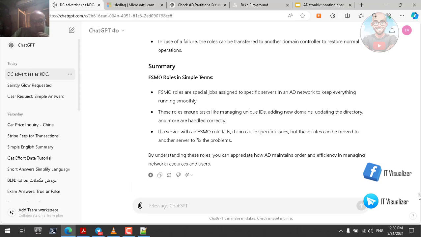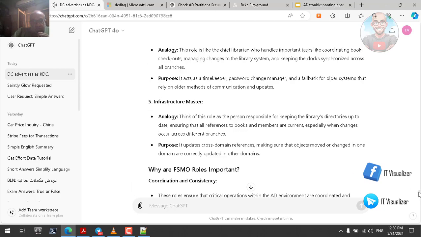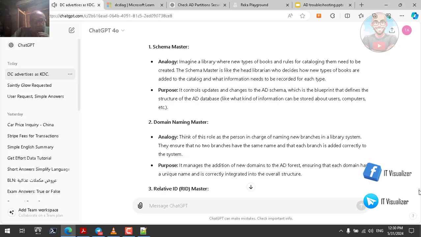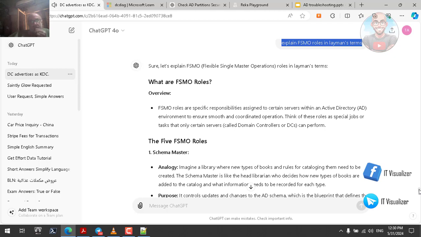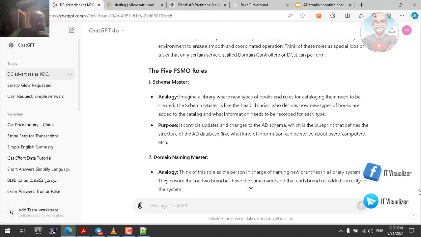Sure, let's explain FSMO, Flexible Single Master Operations roles in layman's terms. Hash. What are FSMO roles? Overview, FSMO roles are specific responsibilities assigned to certain servers within an Active Directory AD environment to ensure smooth and coordinated operation. Think of these roles as special jobs or tasks that only certain servers, called domain controllers or DCs, can perform. The 5 FSMO roles. 1. Schema master. Analogy. Imagine a library where